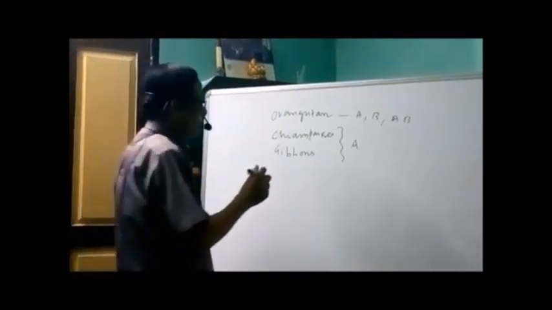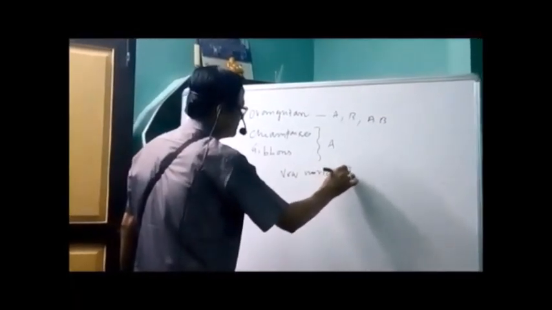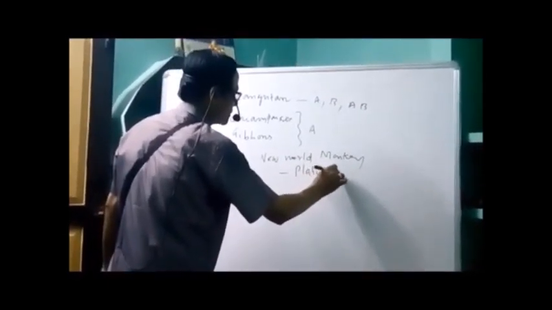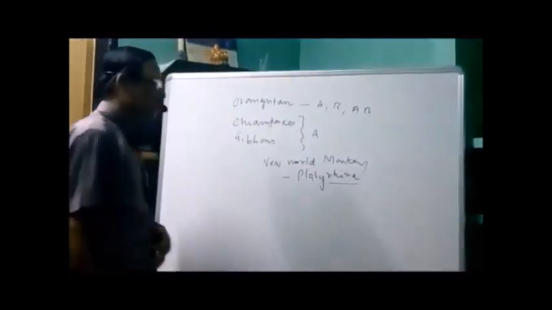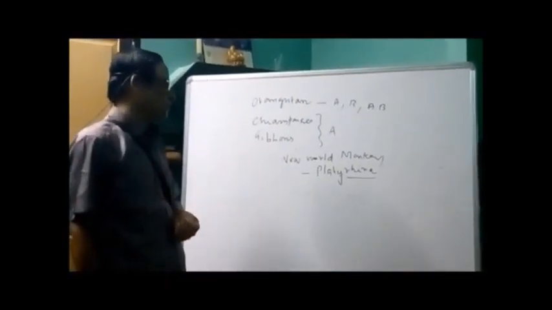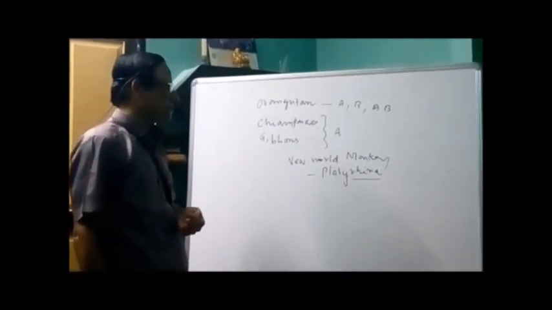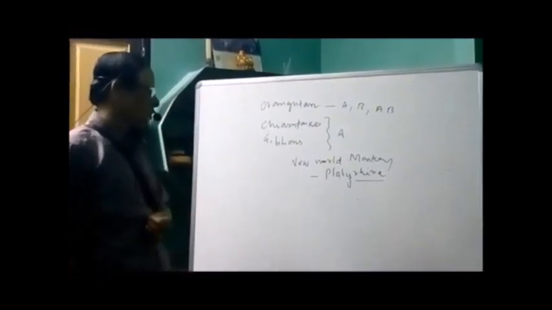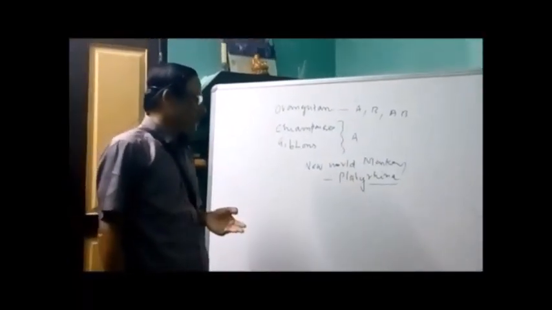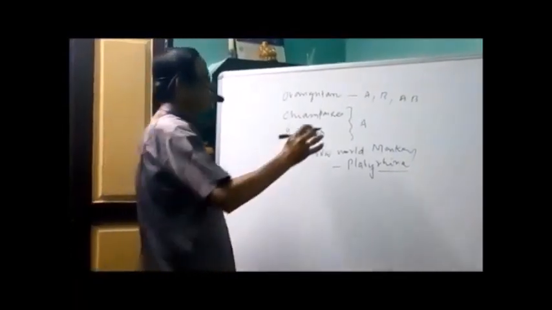In the case of, for example, Platyrrhina, there is the New World monkey. This is an example of Platyrrhina. The meaning of Platyrrhina: they have a flattened nose; rhinology is the study of the nose. Platyrrhina, flat nose. This New World monkey has a substance similar to, but not identical to, the B antigen of human beings. So it has an antigen similar to the human B antigen. In the case of the cat also,